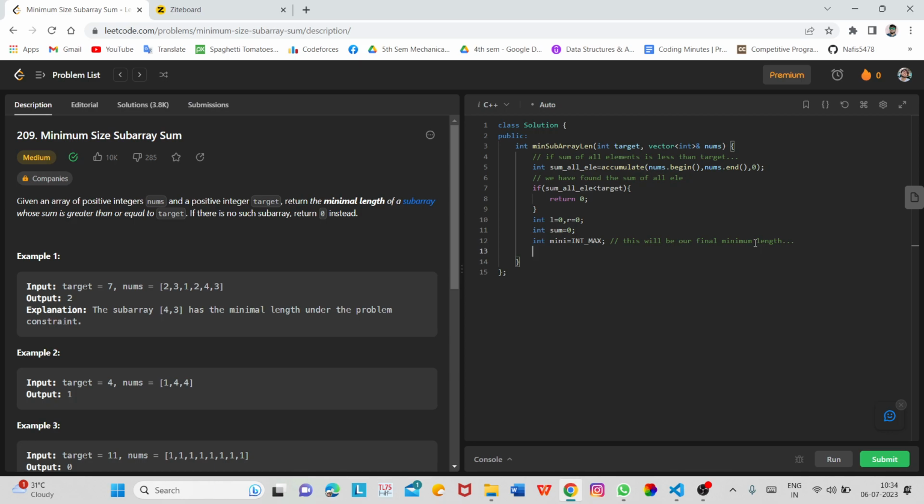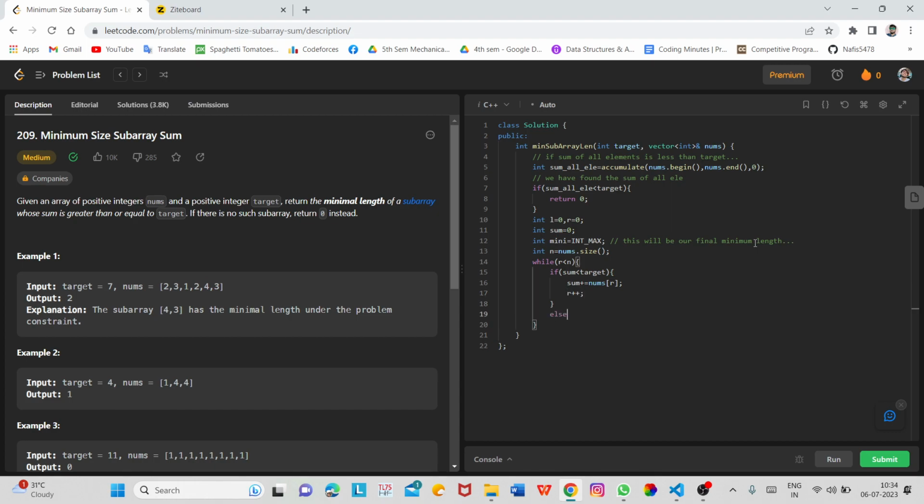Let us have another variable n, which is nothing but nums.size, and we will perform the sliding window method here. Whenever r is less than n, we will make two cases. If our sum is less than target, we will increase the sum with nums of r, and we will increase the value of r.